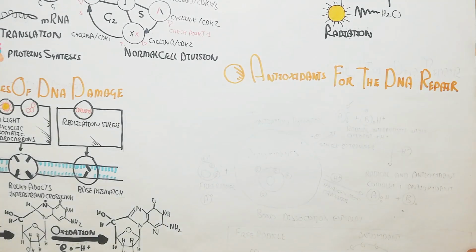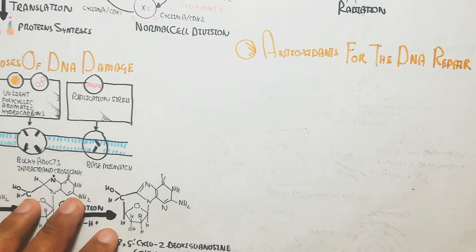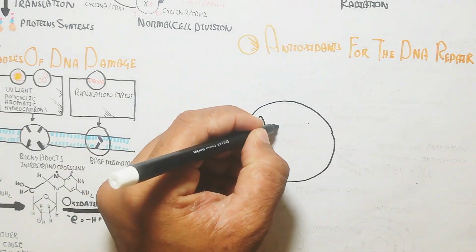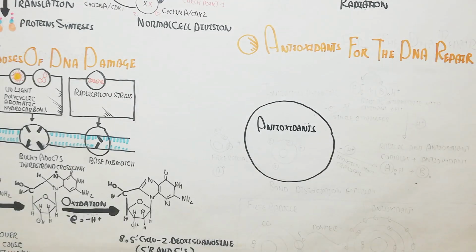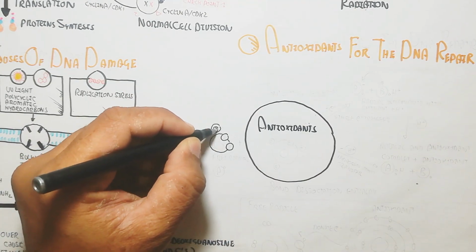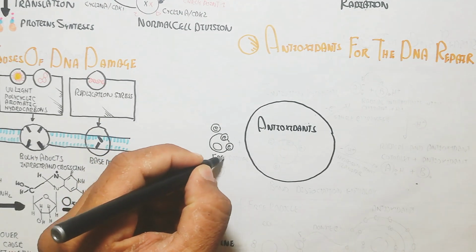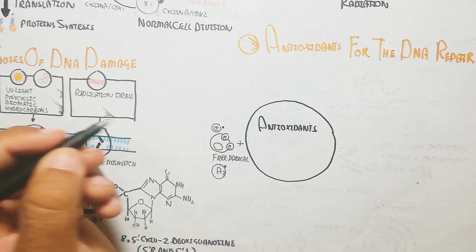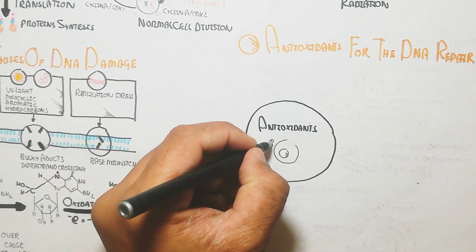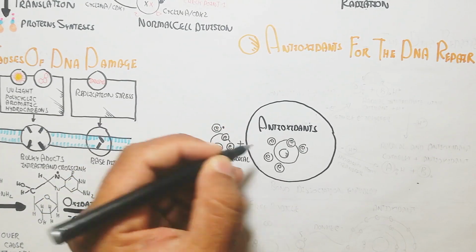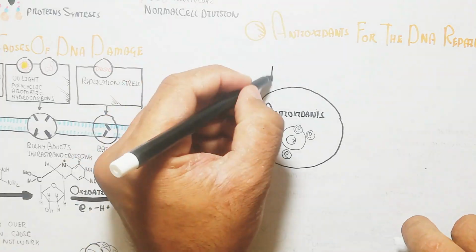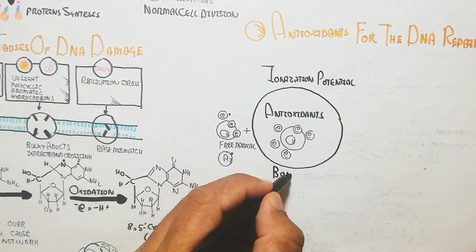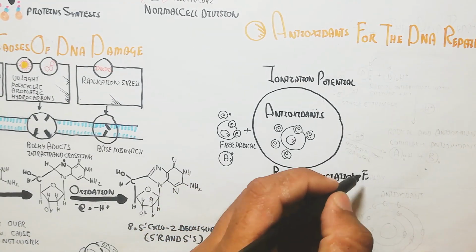Antioxidants help the DNA repair; we will understand how the DNA will repair. So the ionization potential of the antioxidant is high and bond dissociation enthalpy will occur. In this way, here is the free radical, like hydroxyl free radical or reactive oxygen species, which will combine with the antioxidant. In this way there is donation of the electron for pairing and accepting of the electron from the free radical, to the normal